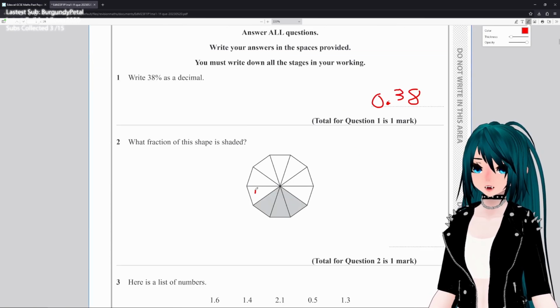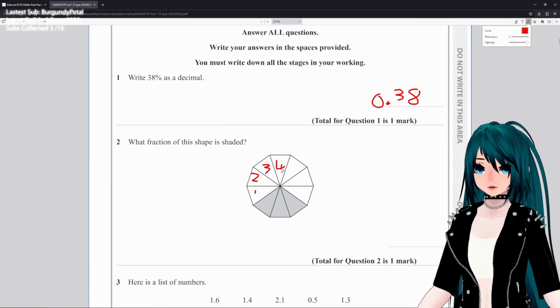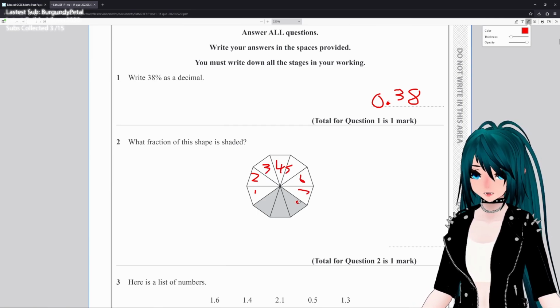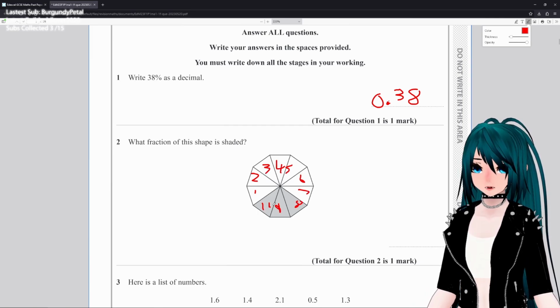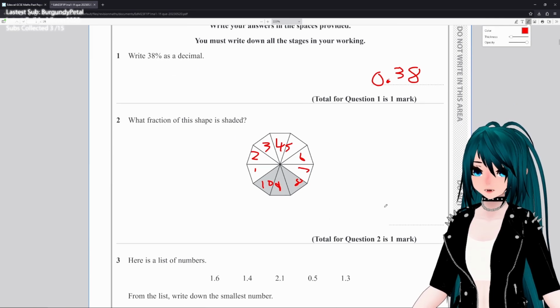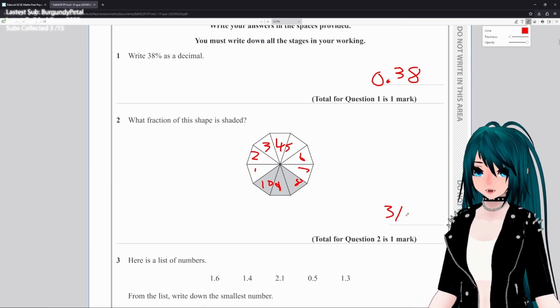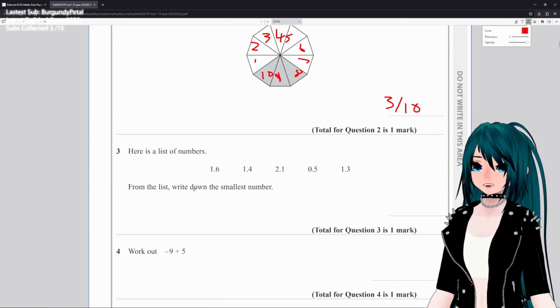So how many segments we got? We got 1, 2, 3, 4, 5, 6, 7, 8, 9, 10. And 3 of them are shaded in. So we got 3/10. From the list, write down the smallest